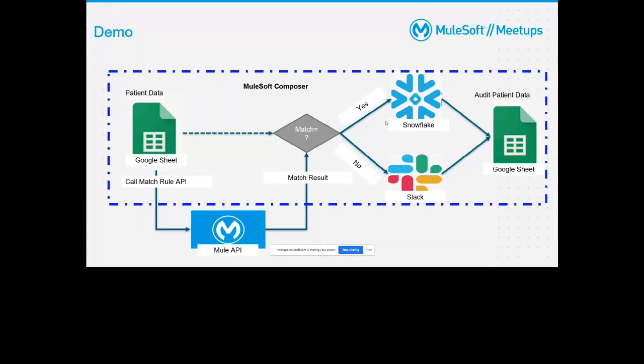If the rules match, it will send the data to Snowflake, which I'm using as my data lake or data platform. I'm saying data lake, but basically I created a simple table where I'm going to insert the data. If it is not a match, it will send a message to Slack, and whether it is a match or not, I will audit it into another Google worksheet.